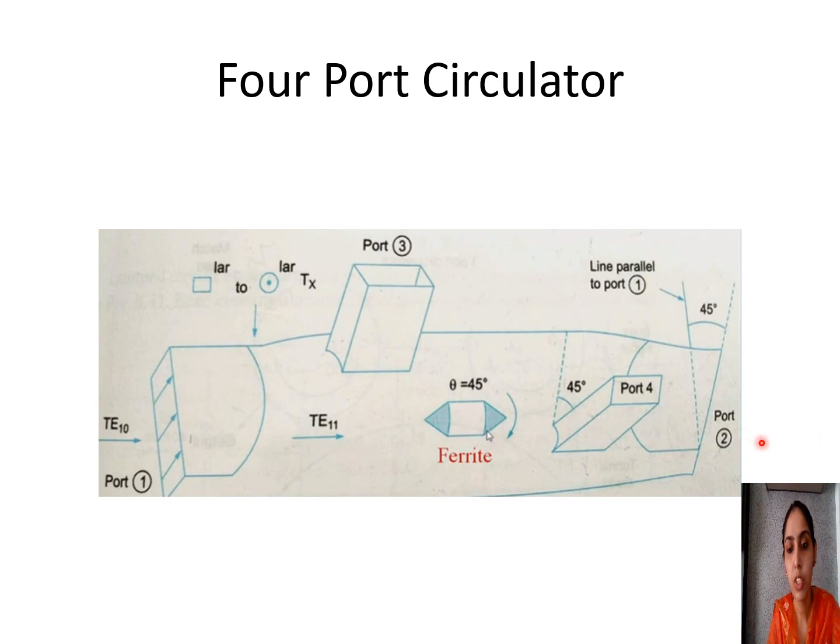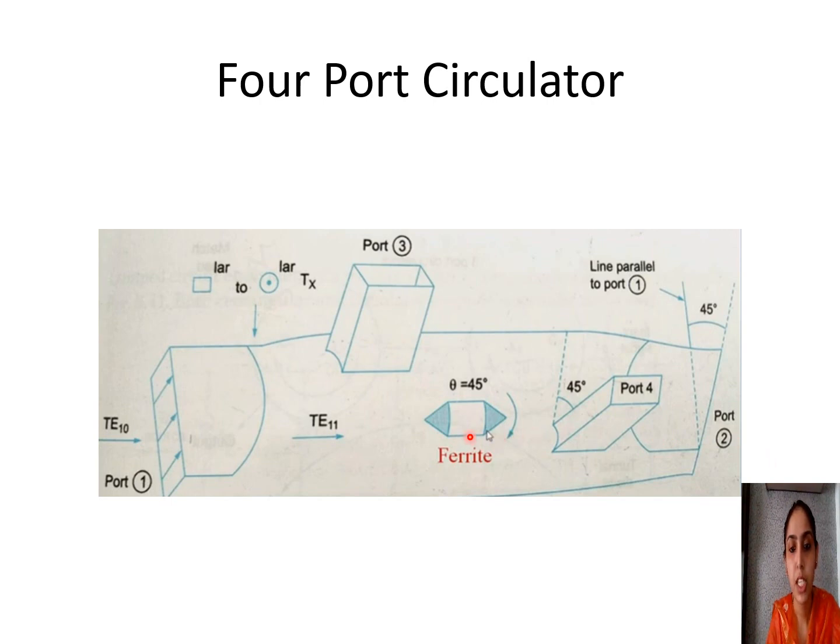Now again the input which we are giving at port 2 is already tilted. The plane of polarization is already tilted clockwise by 45 degrees. When it passes through port 4, again the electric field is not significantly cut, so it is not much affected by port 4. Now it again undergoes a Faraday rotation by the ferrite. So again a clockwise rotation of 45 degrees. So now we have a 90-degree rotation of the wave which is now entering from port 2.